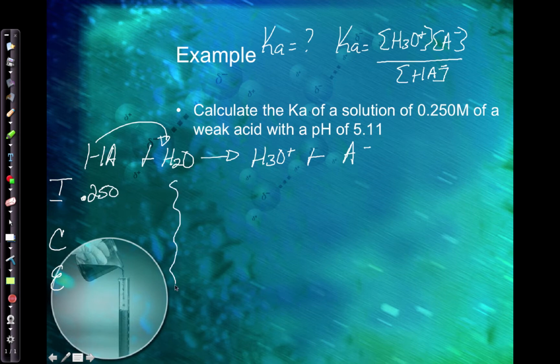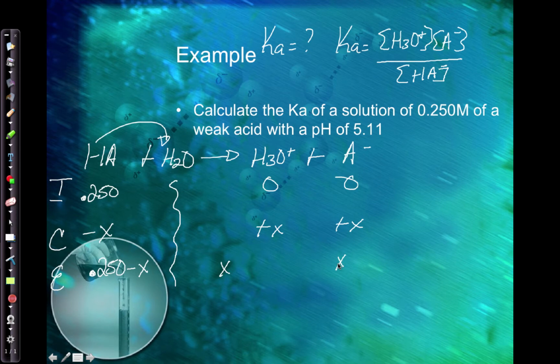I don't care about the water, and hydronium should be 0 before anything actually happens. Well, if these are 0, then that means I'm adding these, and I'm subtracting my reactants. So at equilibrium, it's going to be 0.250 minus X,